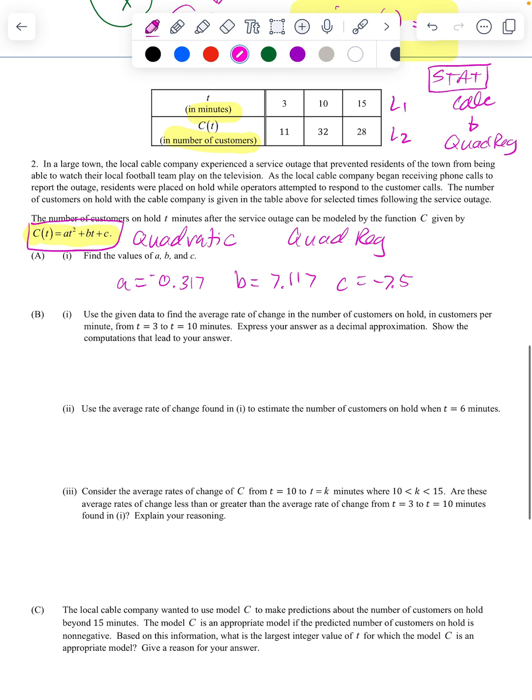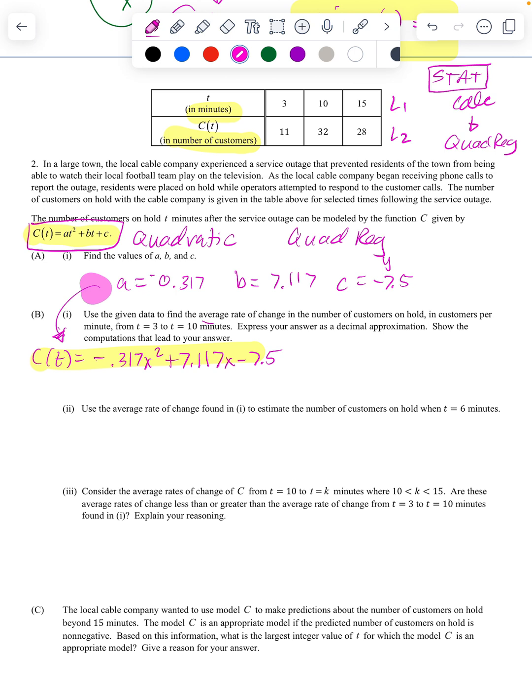So that's going to build an equation. I should probably have left more room. I'll just write it here. C of t equals, I'm just writing this down as a function, negative 0.317x squared plus 7.117x minus 7.5. That is our quadratic function that represents the number of people on hold after a certain amount of time. But that answer does not belong here because this question, the second part in B, says